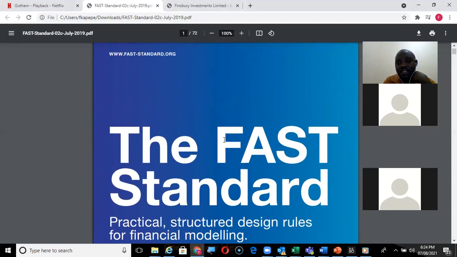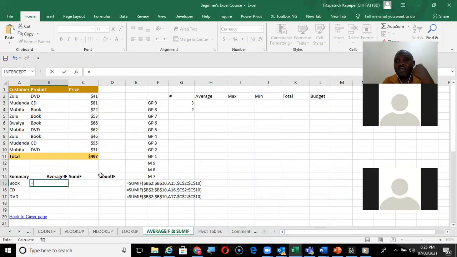FAST, like I said, this is flexible. Your model has to be flexible, it has to be appropriate, structured, and most importantly, transparent. So it has to be very transparent. So how do you make your model transparent? It is the way you design your formulas. So like in this case, if I'm not using FAST